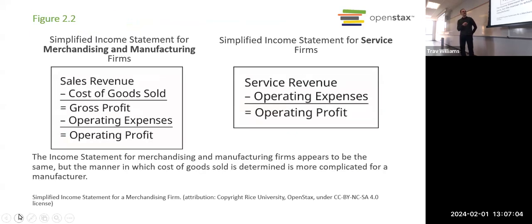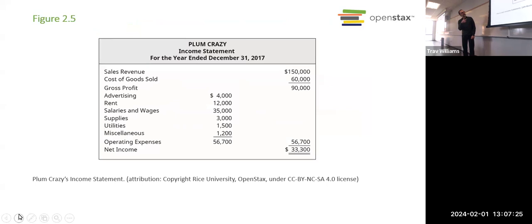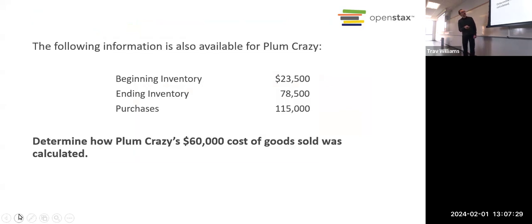Retailer? Okay. We see that there are some differences in the accounting, not huge differences, but for example, a service company is not going to have a cost of goods sold because they're not selling a good, right? Whereas a manufacturing company or merchandising company does sell a physical product. We looked at how, income statements, we're familiar with those already. We looked at how to calculate cost of goods sold though, right?